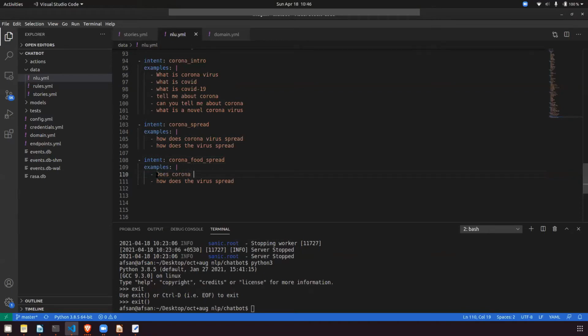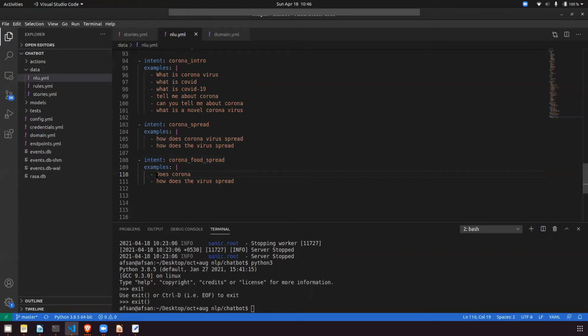Here you have to think from the perspective of the user. What different users will visit your website, what command they will write. You have to take care of everything. What is corona? How does corona spread? All the combinations you have to think of and mention here in the Rasa NLU. This is what a chatbot is behind the scenes.